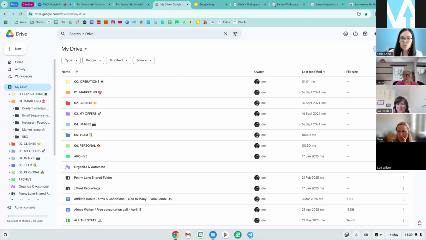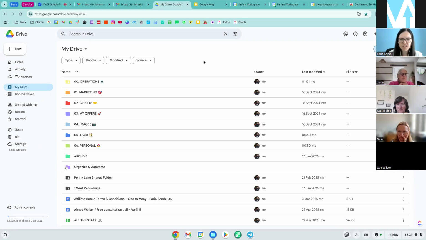So my drive, I'll show you my own drive because I think it's easier. There's nothing that I can't share anyway. I like to keep everything organized the same way. So if I have a client label in Gmail, then I must have a client folder in Google Drive, and so on. Some categories might be different, because in Google Drive I have something that I don't need in Gmail, but try to at least have a similar sort of organization.